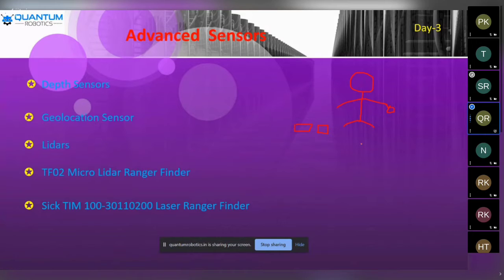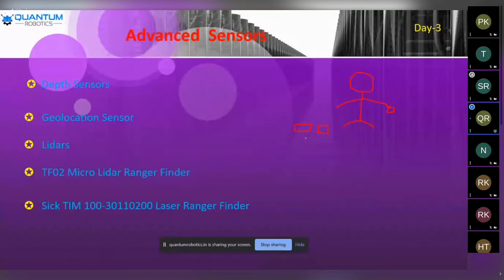According to that, the ranging is calculated, and the robot goes from the side, knowing: here there is an obstacle, I should not go over here. Here we can use the obstacle avoiding sensor, sorry, here we are going to use the ultrasonic sensor. Why are we going to use only the ultrasonic sensor? Ultrasonic sensor means sound waves will be transmitted.